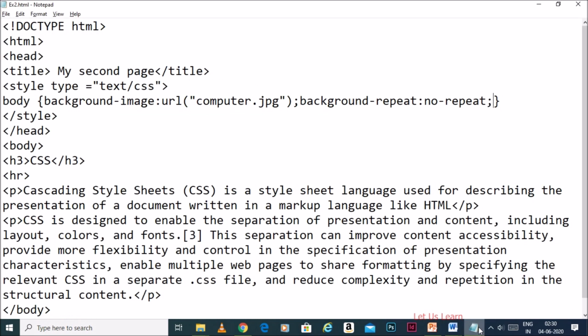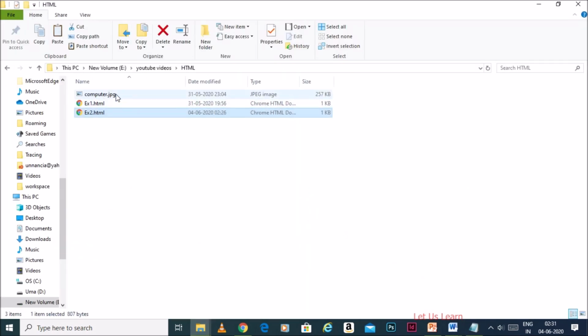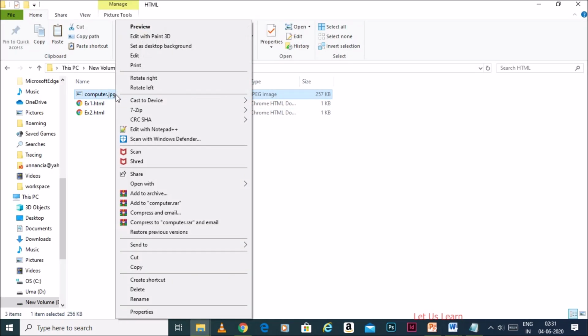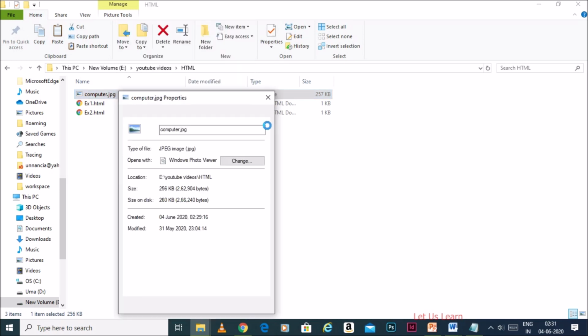Now going back to your code, there is a little bit of change from the color. Here in the body, the background earlier was color, and I have replaced it with image, because you are going to use the image only. Then colon, url, and inside that you have to give the image name and the extension. For example, an image can have .jpg, .jpeg or .png, anything.